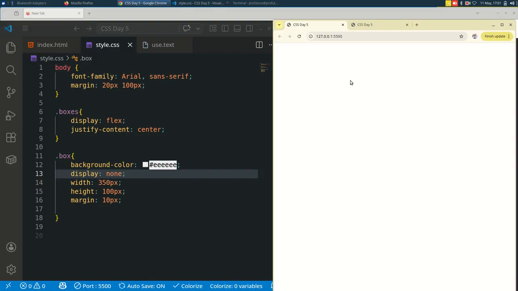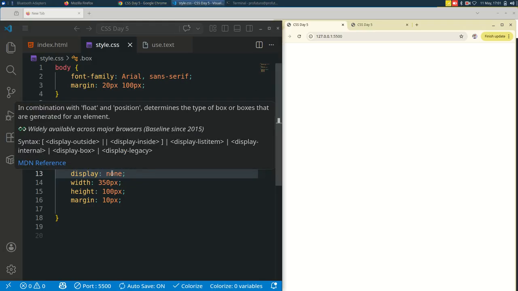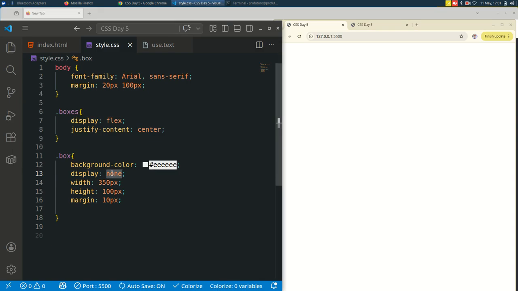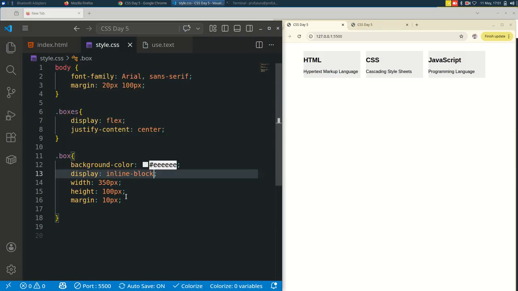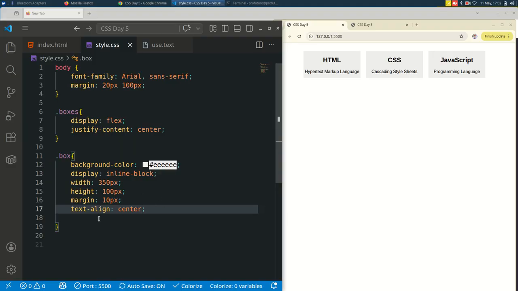That's how the property none hides. Let's just put inline block again and continue with text align center, and